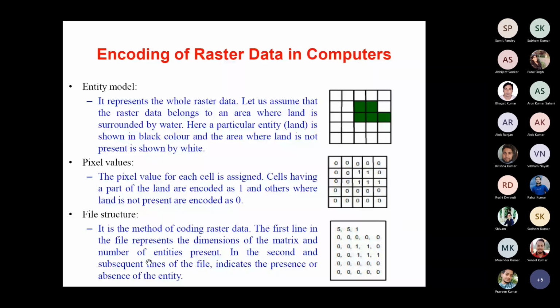थर्ड, फाइल स्ट्रक्चर, जो एक्चुअल फाइल स्ट्रक्चर में सिस्टम में सेव होता है, so it is the method of coding raster data. The first line is the file representing the dimension of the matrix and the number of entities present. In the second and subsequent line of the file indicates the presence or absence of the entity. ठीक है, इस तरीके से ये पूरे के पूरे रास्टर डेटा को मॉडल किया जाता है। कहाँ पर है कहाँ पर नहीं, सबसे पहले ये निकाला जाता है।